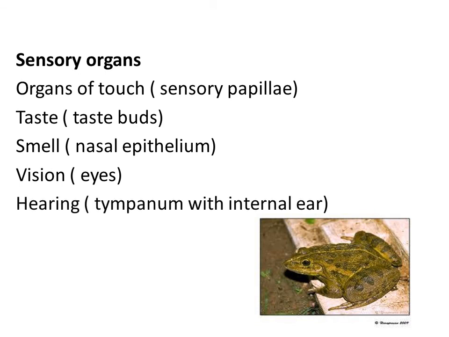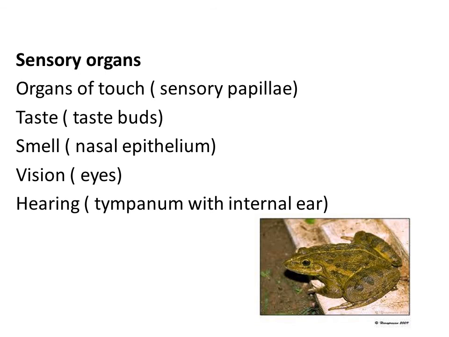Then let us move to one more sense organ, the tympanum. However, the frog does not have an external ear. External ear is not present in the frog. Instead, just behind the pair of eyes, a membranous structure is present. Those membranous structures are named the tympanum. The tympanum represents the ear, so this helps in hearing. And one more thing we can see here is the internal ear. The internal ear is well advanced in the frog.